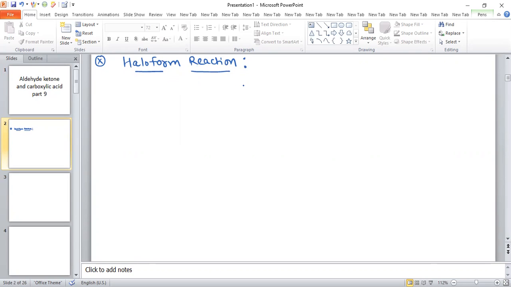Now see what happens in this case. In the haloform reaction, when there is a methyl ketone, we have already discussed methyl ketone. So this compound is a methyl ketone, with the group C double bond O and methyl, present at the corner. Also, if there is a group like RCH(OH)CH3, when these types of compounds react